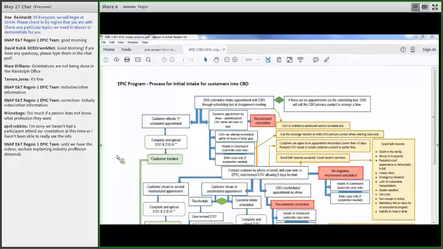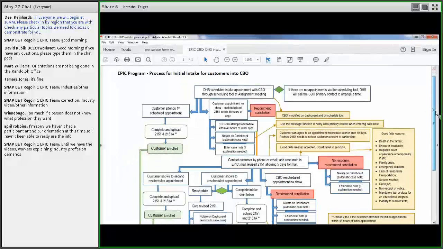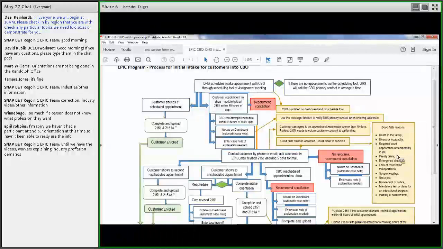So I'll go through this. So the basic process is that I'm not sure if you can see my pointer. Let's see if I can get a pointer here. So, oh, okay. Anyway, so in this first section, you use the appointment tool to make an appointment with the